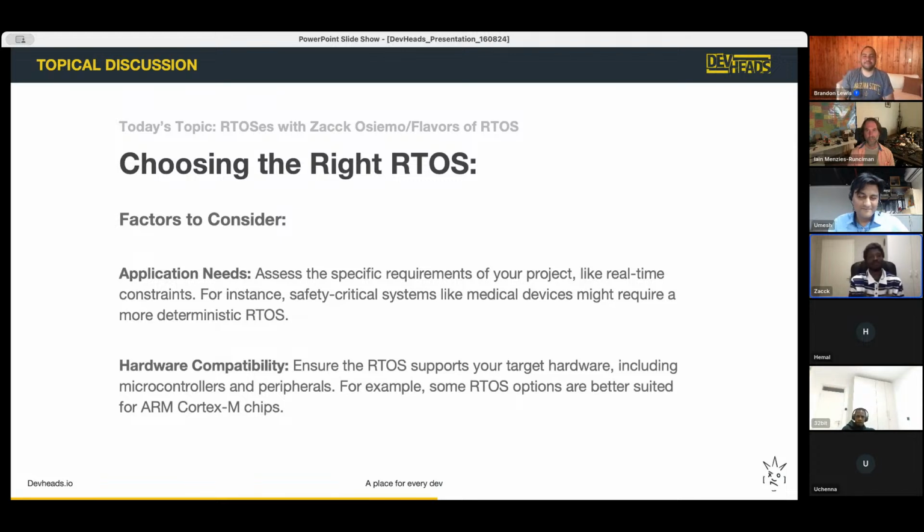Sometimes you're starting from greenfield, you're going to use a board that has a huge community, say you're doing something like 2.4 GHz wireless, and you're going to do some Wi-Fi application, and you're going to use something like the nRF52 development kit as a base. Then you're most likely going to choose Zephyr or something of the sort. So it all depends on what your application needs. You have a safety critical application. You're building something, you ended up getting a missile defense system, and you have to build it now. You're probably going to end up going with VxWorks of some sort.